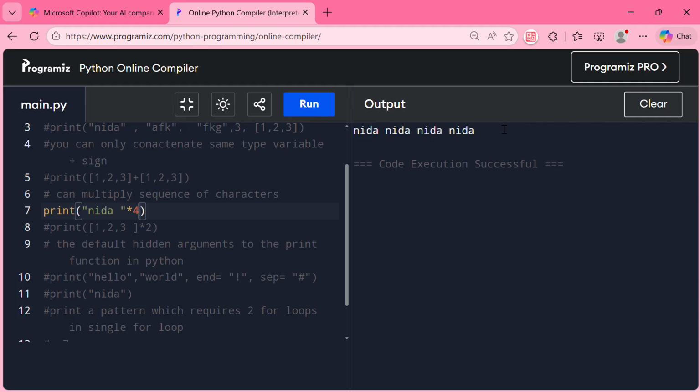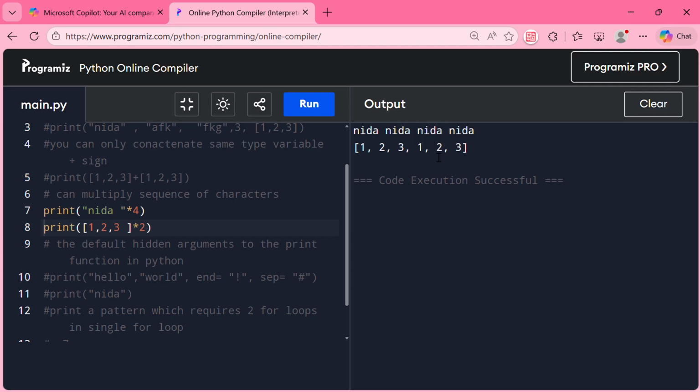By definition, the print function uses this end. End is an argument by default in a Python function, which actually allows you to pass how you want to end your string whenever you finish your string. And a separator argument, how you want to separate things. Okay, we'll see this more later, but for now we'll just see